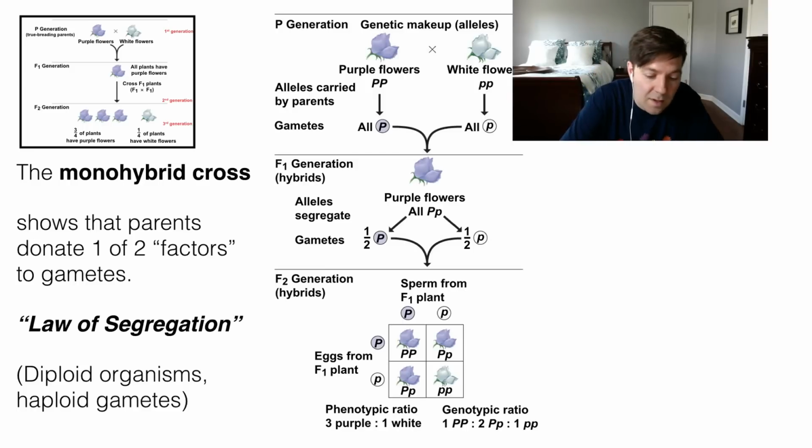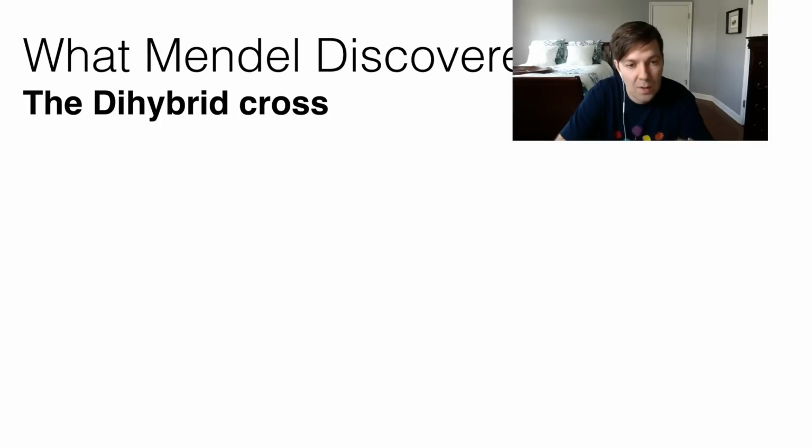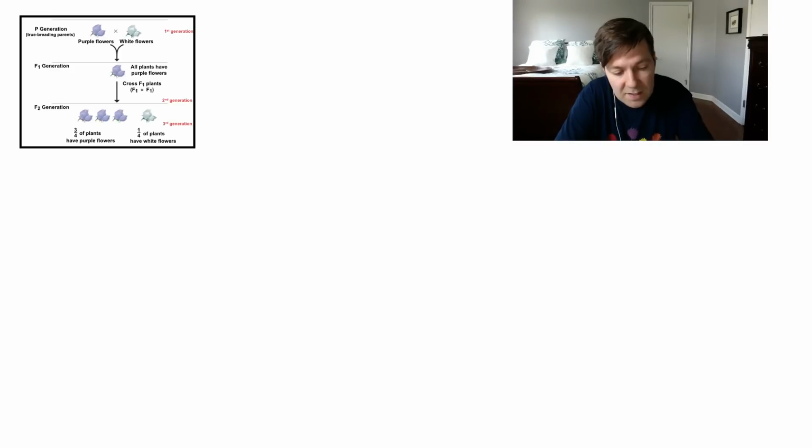And in a way, he discovered the idea of diploid organisms and haploid gametes. We have twice as much genetic material as we give to each of our offspring. So the monohybrid cross, I should go back before we get to the dihybrid. The monohybrid cross led Mendel to this idea